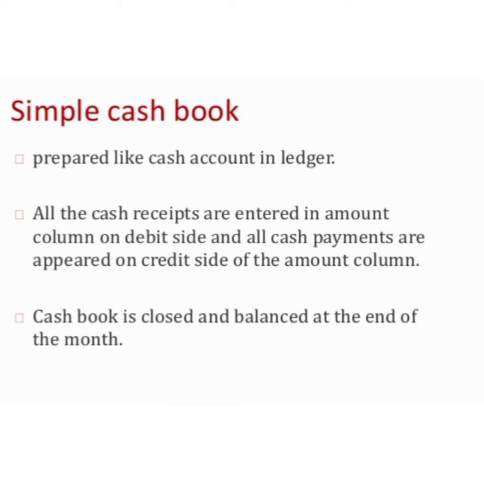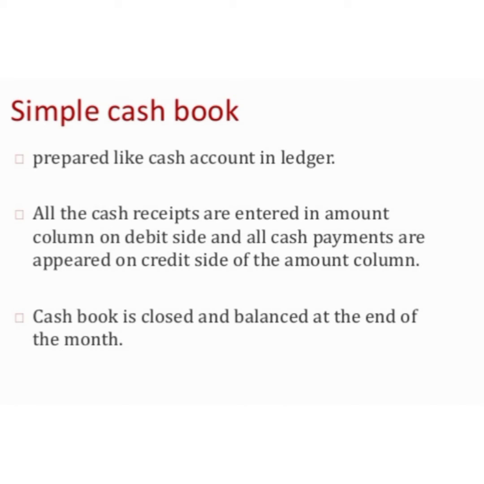The credit side records the name of the person to whom the payment has been paid, the name of the head of the expenditure for which payment has been made, the name of the assets which have been purchased, and purchase account in case of cash purchases. The last item is other payments like rent paid, discount paid, commission paid, trade expenses paid, etc. Now we are going to solve one problem.